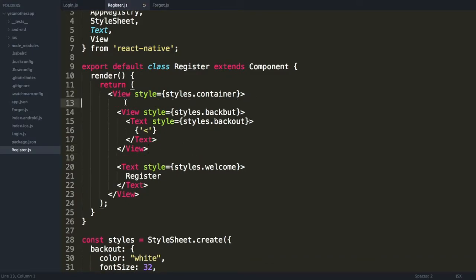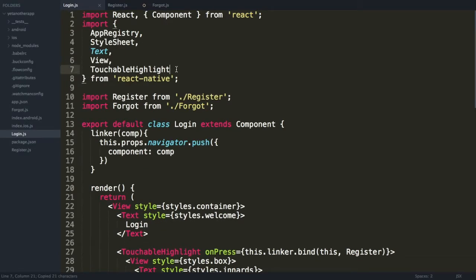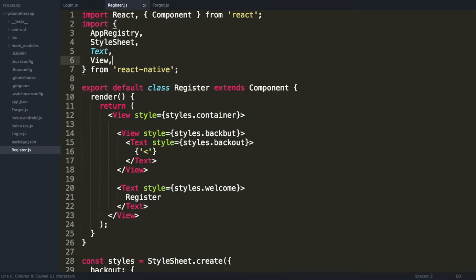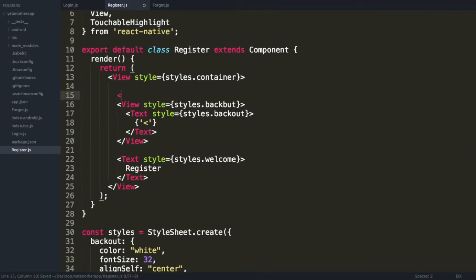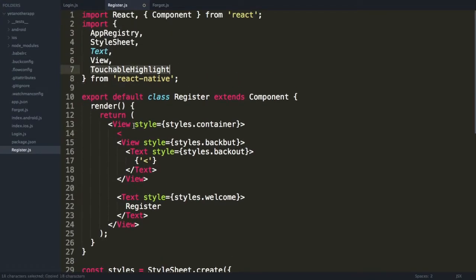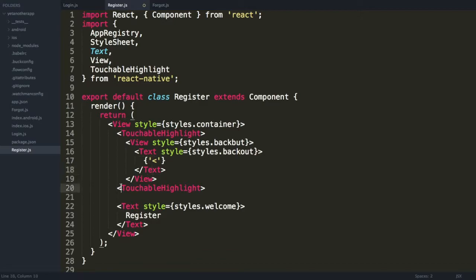touchable highlight around it. So I have to import touchable highlight up top. So in register, I'm going to say comma touchable highlight, and I'm going to include touchable highlight, close touchable highlight. I'm going to correct the indentation. I'm going to close this tab, and I'm going to say on press equals this dot, and I have to